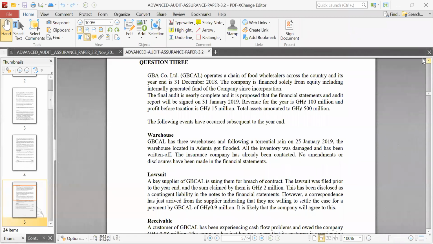Then if you move on to the lawsuit, in the lawsuit, again, if you get this wrong, it's fine. But I just want to see what you think about it. Do you think the financial statement should be adjusted or not? Yes, they should. I think this is an adjusting event because there is evidence of its existence at the end of the reporting period.